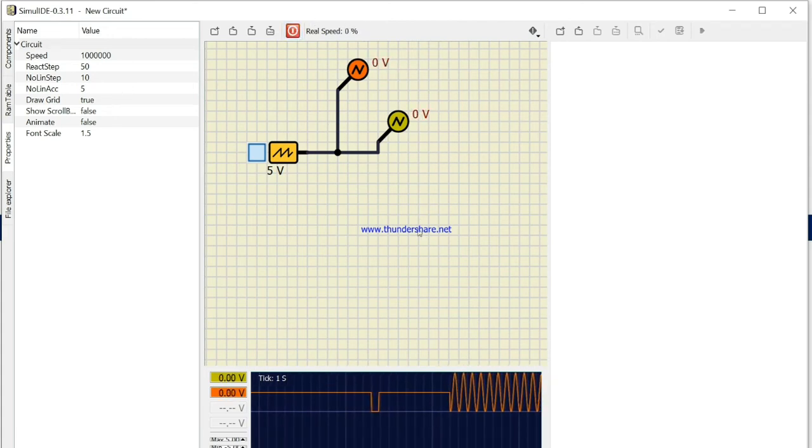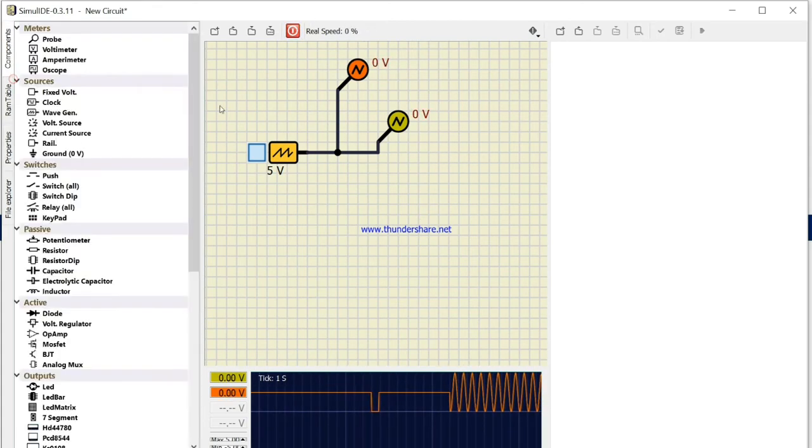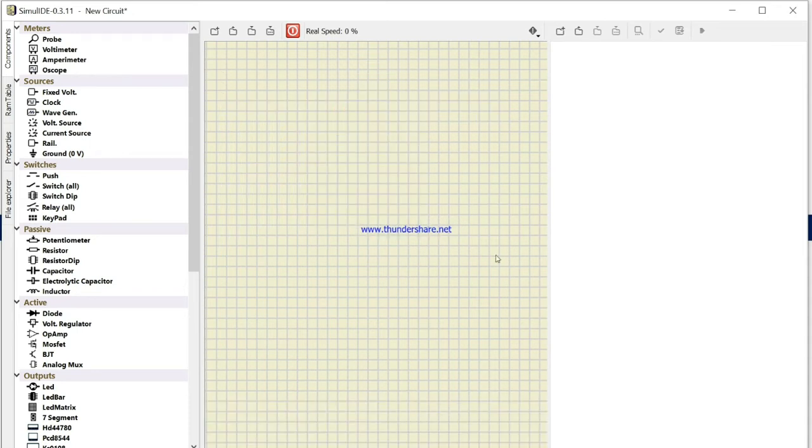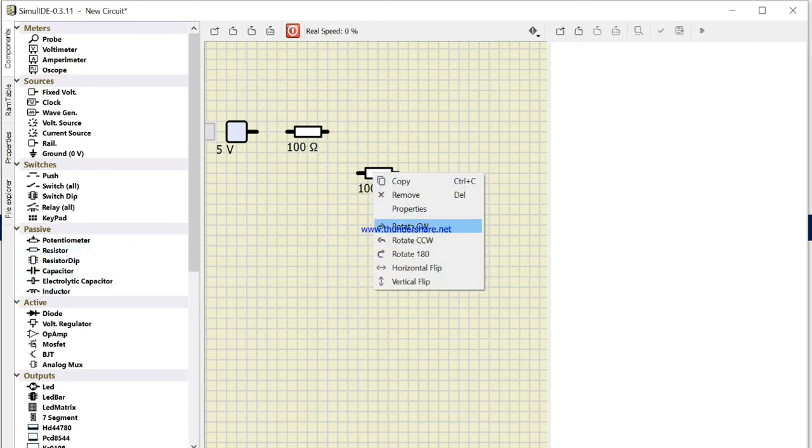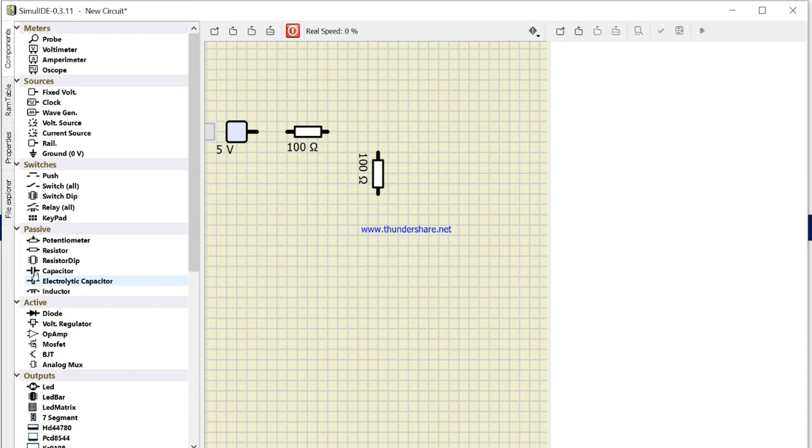Now let's check another use of this probe. For that, take one fixed voltage 5 volt, take one resistor, take another resistor and right click and rotate clockwise. Take another resistor, right click, rotate clockwise.